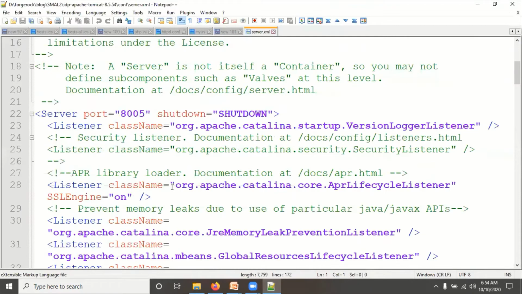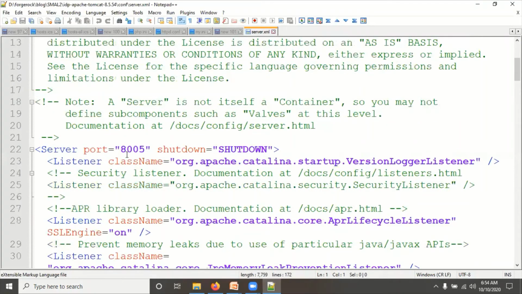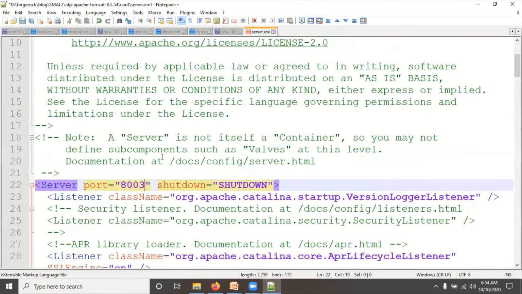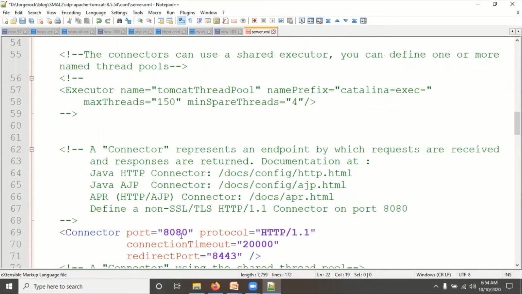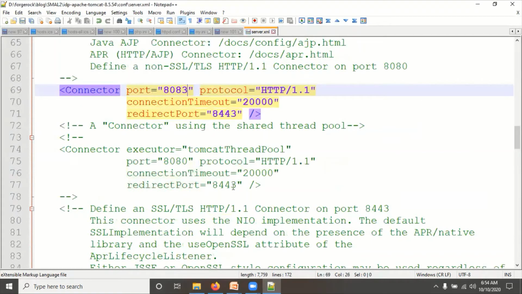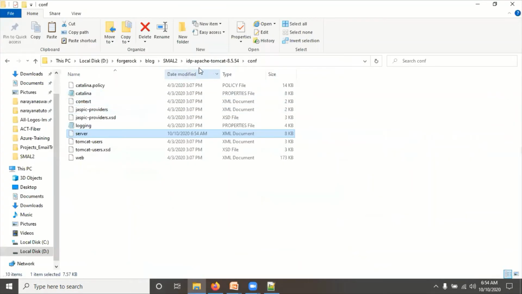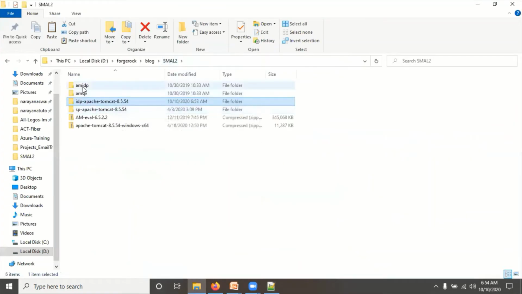We have to change the shutdown port also, to 8003, and here the port is 8080. For the IDP, I have given 8083 as in the PPT. Save it.